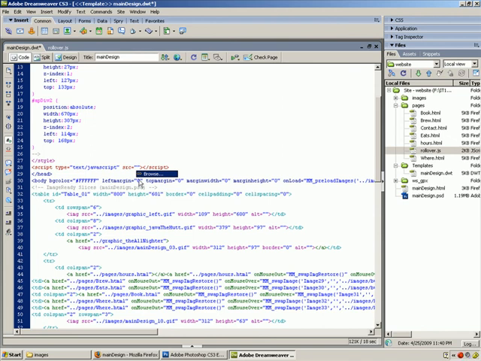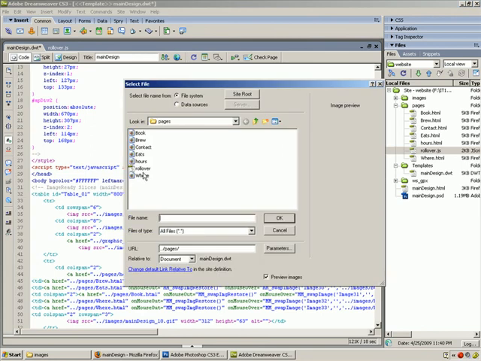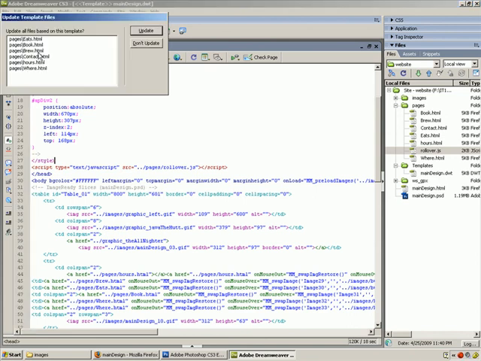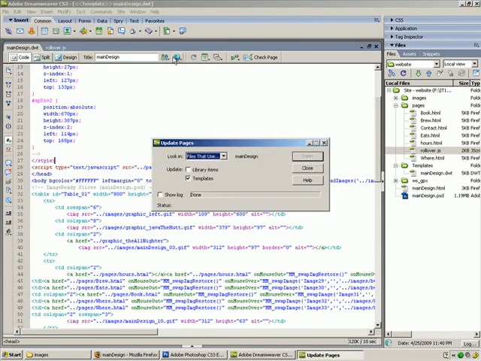Alright, and then it enters it here automatically for me, and it's asking me to browse. What file do I want to refer to? I want to refer to rollover.js. Okay, and that's it. So you notice how I coded this basically without typing anything in. I just hit spacebar and point and click with my mouse, and it automatically added it for me. Okay, so now when I hit save and update the rest of my pages,